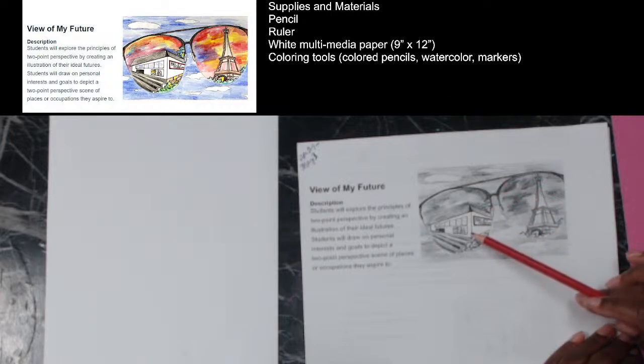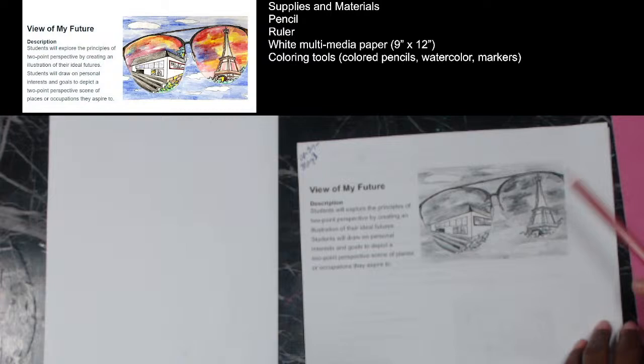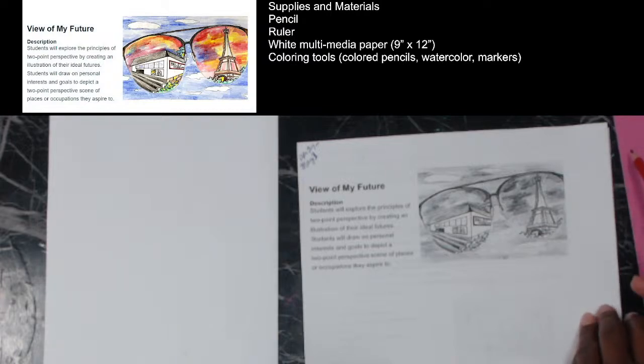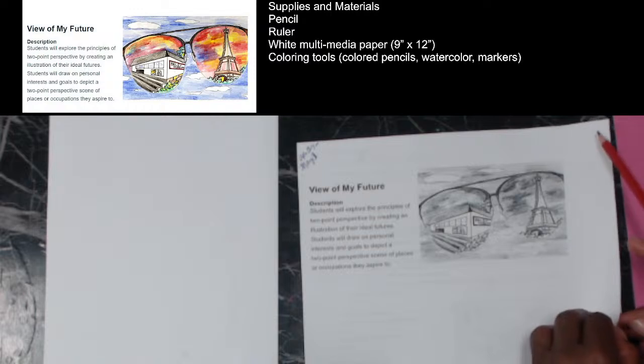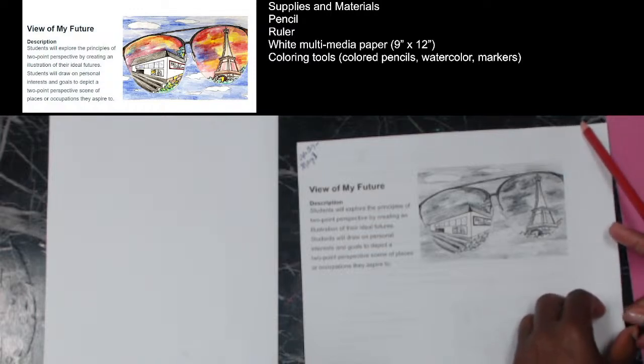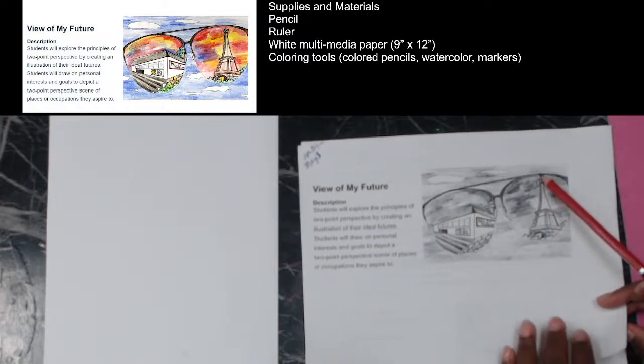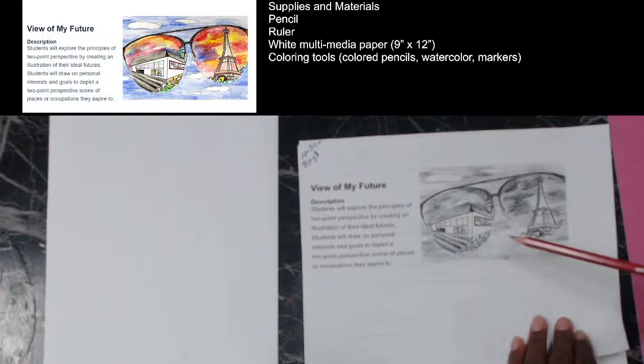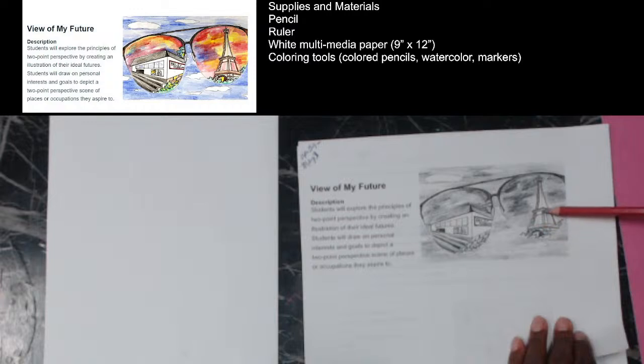All right, you will draw on your personal interests and your goals to depict a two-point perspective scene of places or occupations that you aspire to be or go for in your future. And we're going to start with a two-point perspective building on the left side, and then we're going to go into